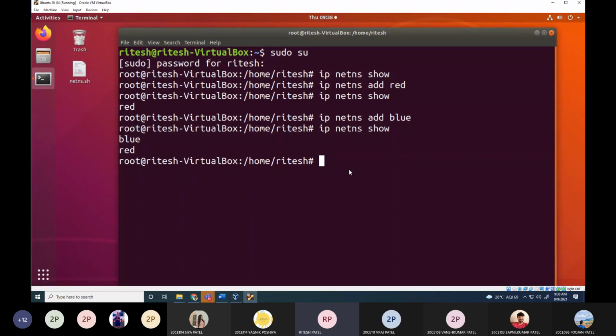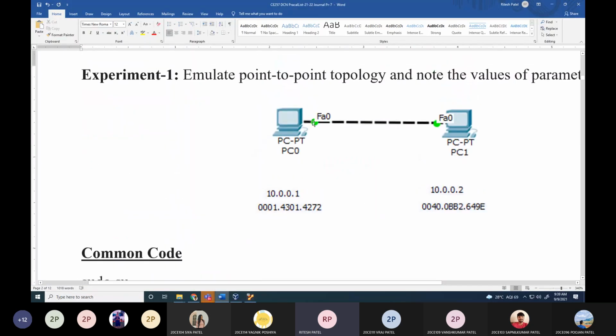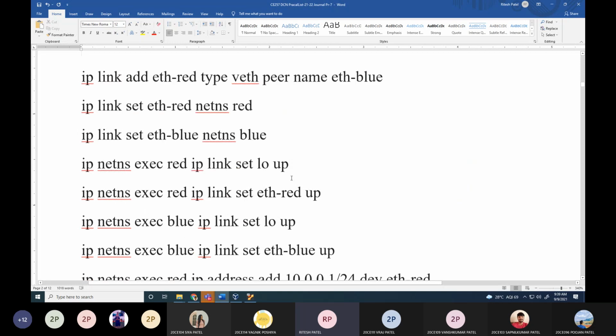Now two machines are created. The two machine interfaces, FS0/0 and FS0/0 for PC1 and PC2, are created. Now what do we want to create? We want to create a link. In this case, we are going to create a virtual link, not a physical link. So to create a virtual link,